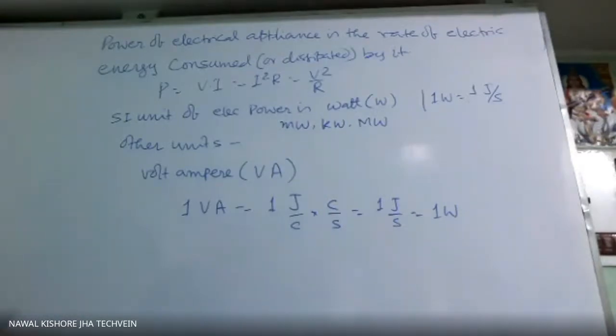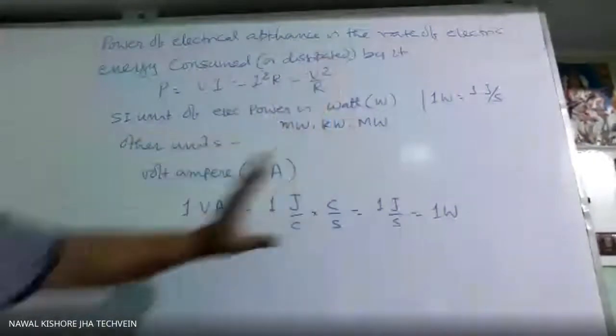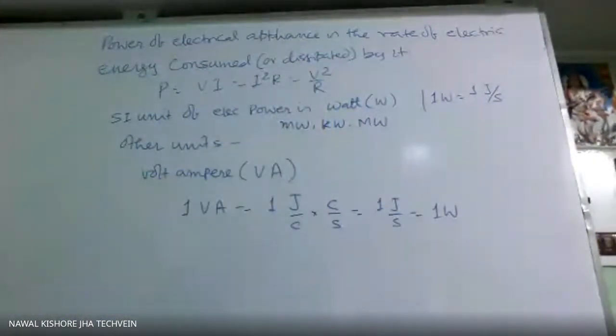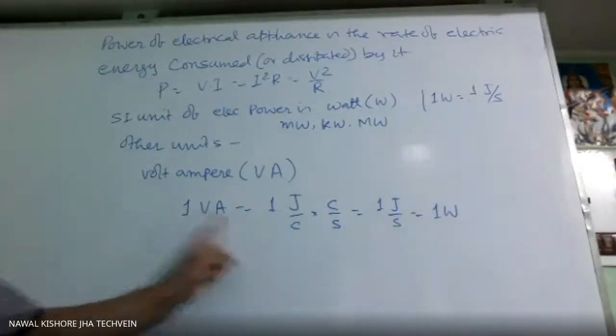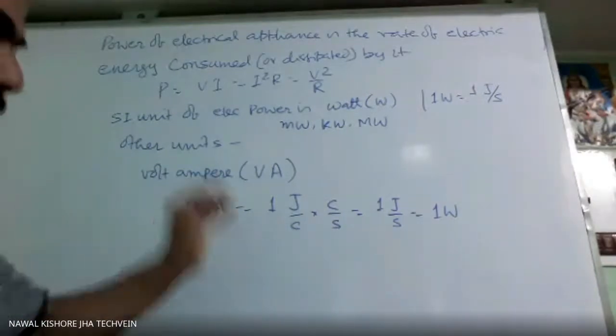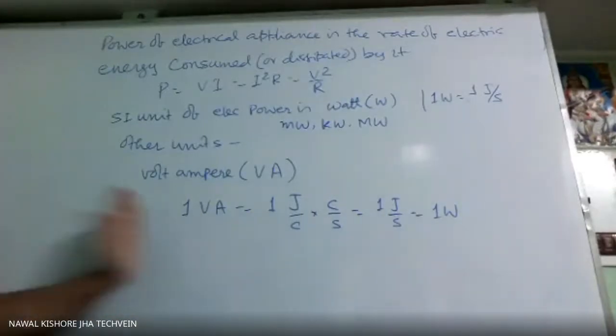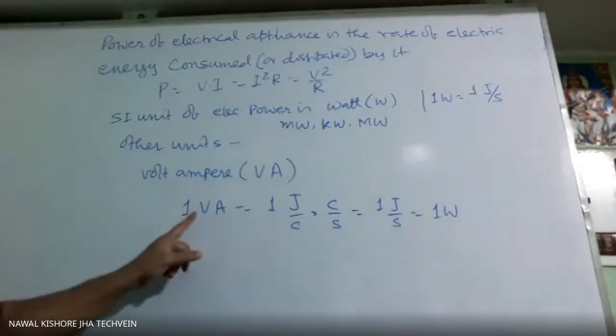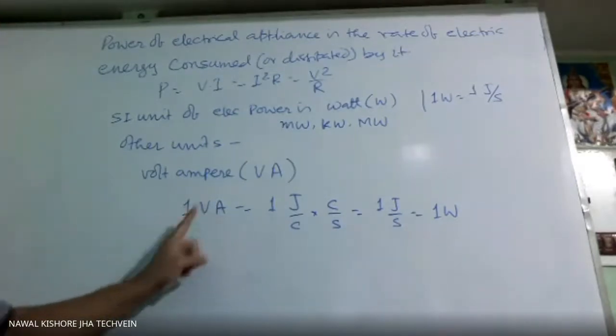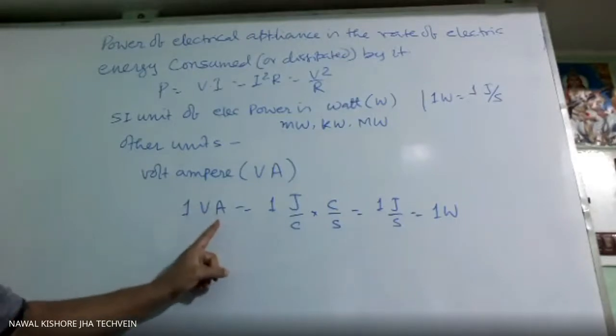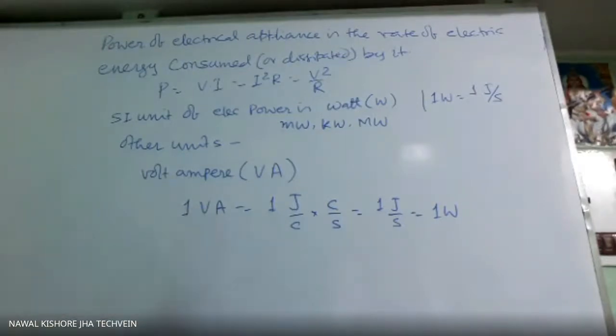So nowadays we don't express power in watt. We express in volt ampere. Numerically both are same. 1 volt ampere means 1 watt. But here both are coming in the data. How much volt you are applying, how much current is passed through that appliance. If we know both, then we can say what is the power. Because power will depend on volt, means potential difference, as well as how much current is passed. So these two factors are coming.